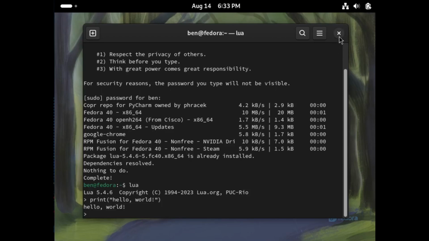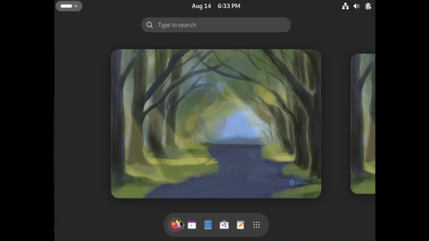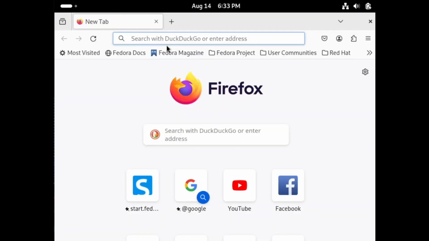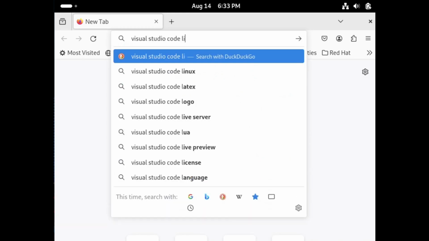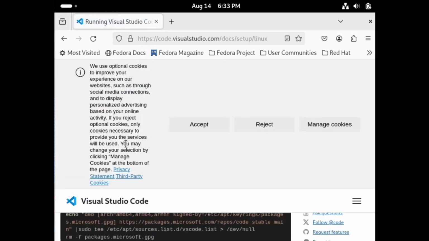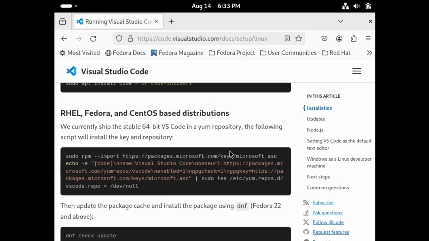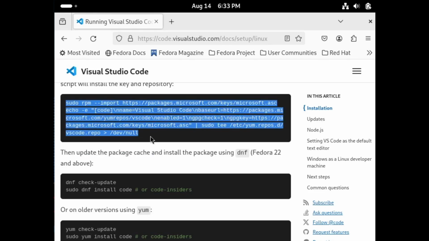Now the next thing, of course, is to install a text editor so we can actually write code just like we did before. So type in Visual Studio Code Linux, and then go here to this guide, and then go down to where it says RHEL, Fedora, and CentOS based distributions, and basically you just follow these instructions right here. So I'm going to go ahead and copy all of that,